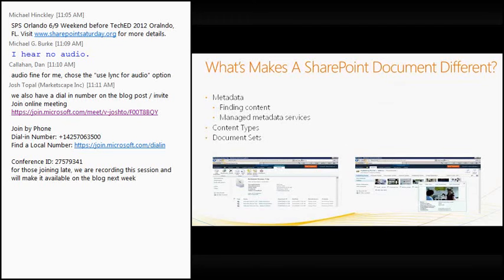I don't know which document is which, because in this proposal or contract that we're working on, there are 3 Word documents that will eventually become a final one. There's a PowerPoint presentation, and there are 4 spreadsheets. So, in essence, I have 8 or 9 different workflows that I need to approve. I need one set for the whole project, and this is something that document sets can help do.